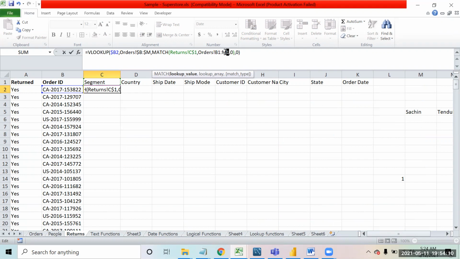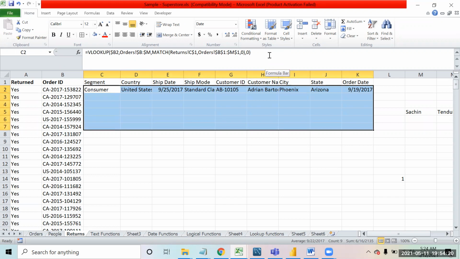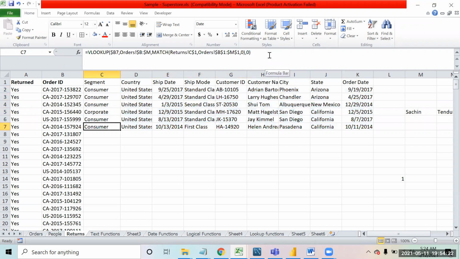And then I have to make sure that this range should not change. That's it. So if I now paste this on the right, I get all the information. If I paste it down, I get all the information, right? So it's the same VLOOKUP formula, but instead of giving the column index number manually, I am giving it with the help of the MATCH function.